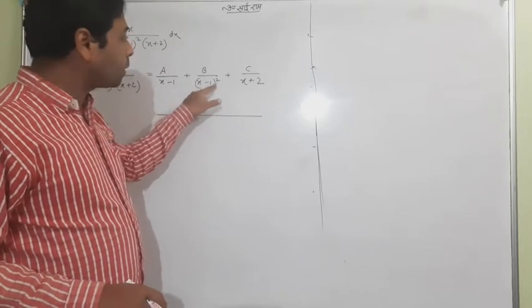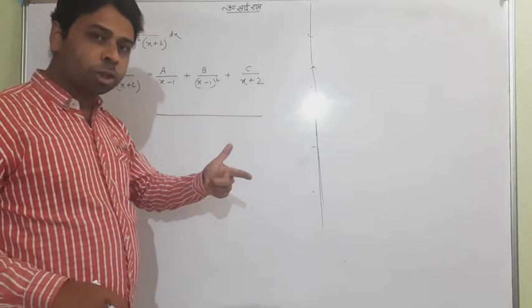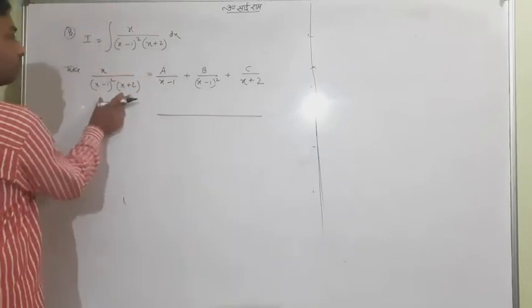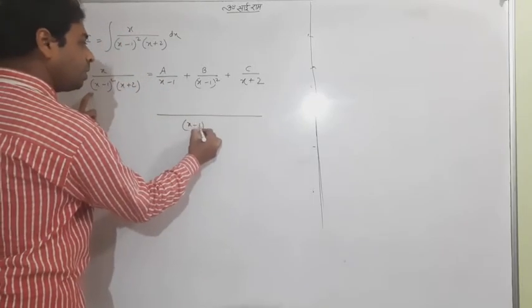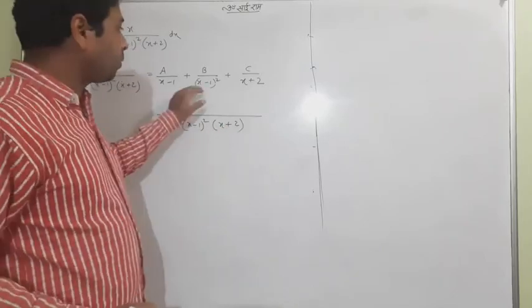We will always write a high power. Or if you're still getting confused, I will give you one suggestion. Write it as it is. It will always be correct. So it is the LCM of these two.